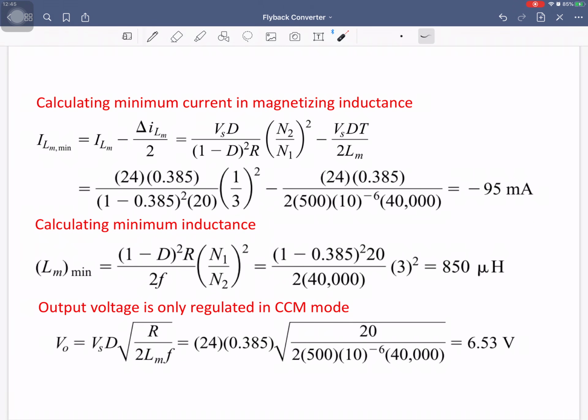So where is the flyback converter used? It has a number of applications. Those will be wherever you require isolation between the input and the output. First of all, the flyback converter can be used because it is an isolated version of the buck boost converter. And with the help of buck boost, you can step up and step down. And the main component over here is the magnetization branch.